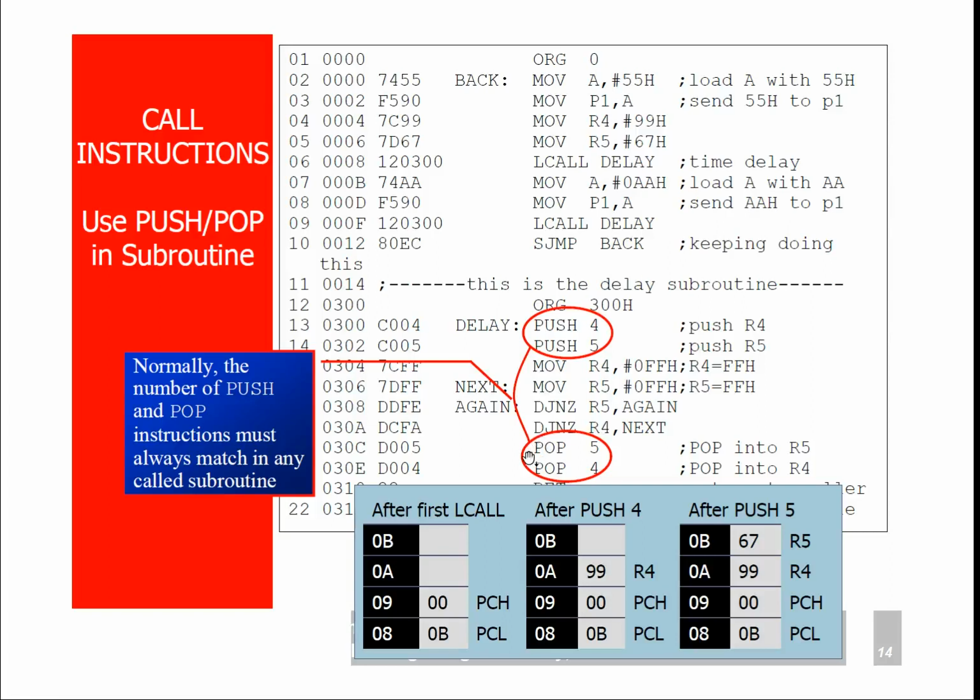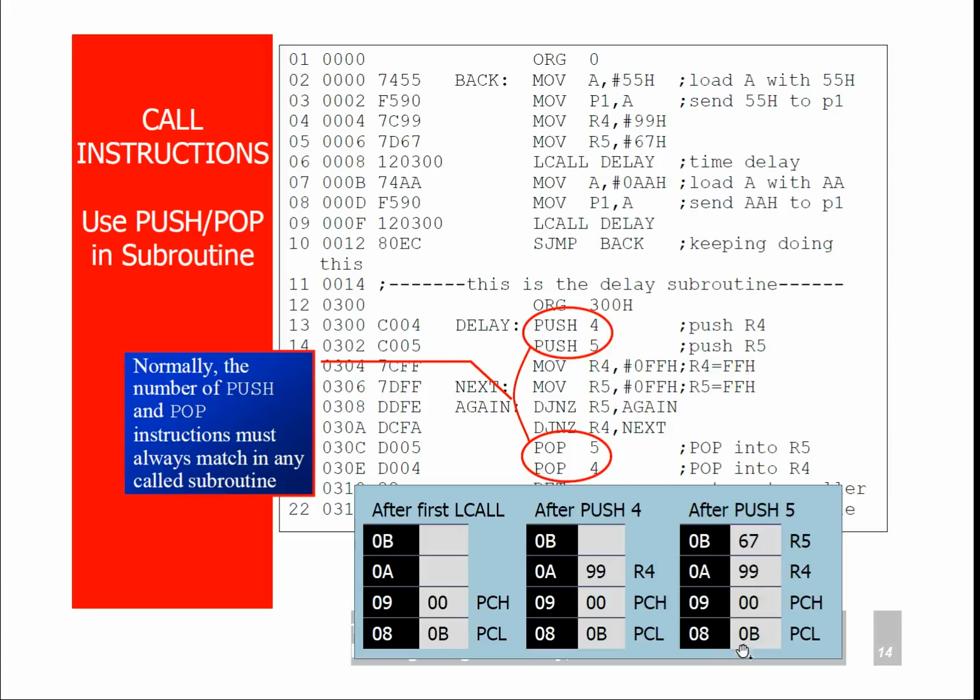Here the very next instruction is not RET instruction, because if you write the RET instruction, we know that the stack operates on the principle of LIFO, that is last in first out. So if you use the RET instruction, it pops the 0b location and 0a location content to the program counter.